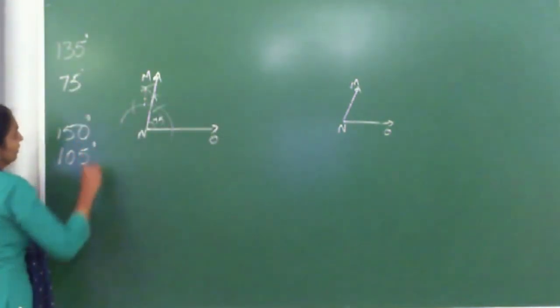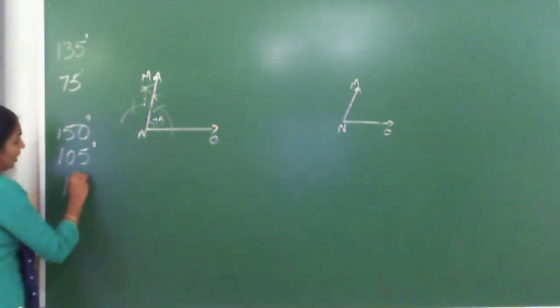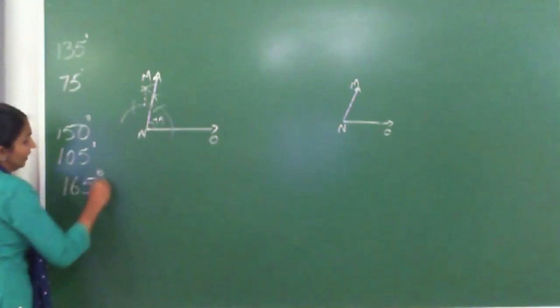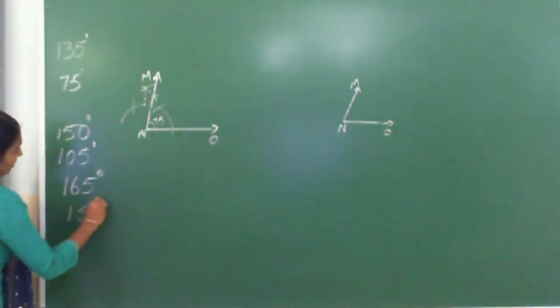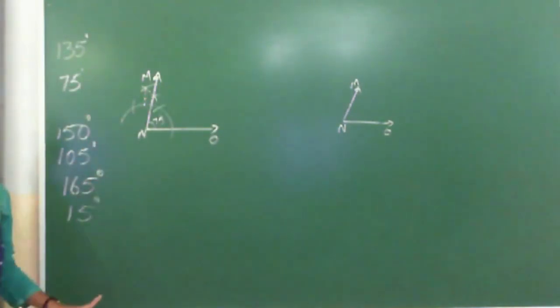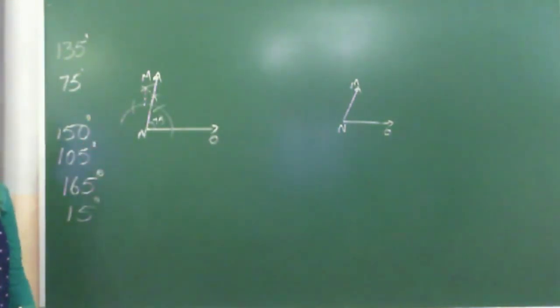So just try those degrees. 105 degrees. Then which one can we do? 165 degrees. 15 degrees. All these you can also try. Just do these four. So we just completed the construction of angles. Now we are moving towards the next one, that is how we can draw a perpendicular to a given line